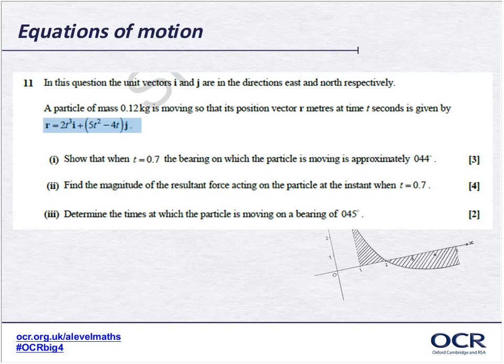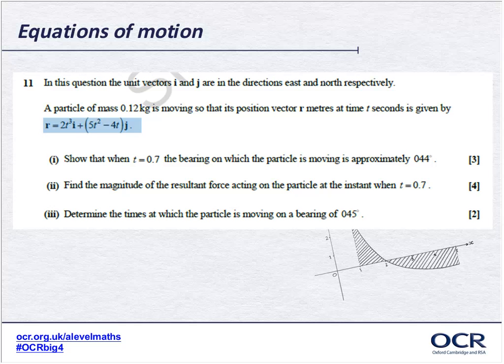So here's another example of equation of motion. I want to pick this out because this has the vector equation. So we have r equals 2t cubed i plus (5t squared minus 4t)j. And simply, for those of you whose mechanics is rusty or non-existent, dealing with both the horizontal and vertical components of the position or the velocity or the acceleration at the same time is very straightforward because they're